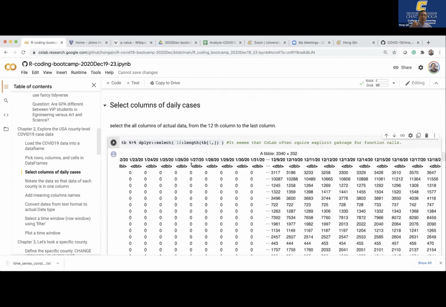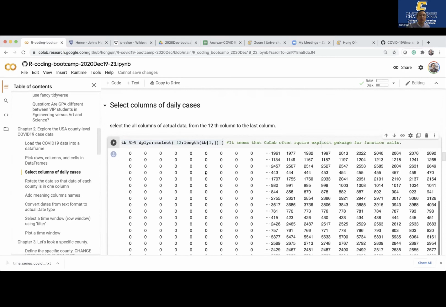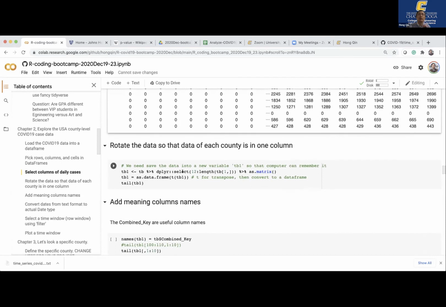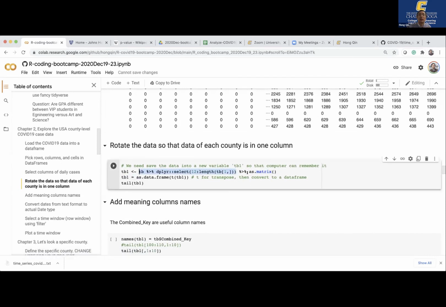In R, looking at every county as a column is actually more convenient, because that's how R specifies the data. Each column we can pick out directly, but not by rows. So what we are going to do is we select all those data